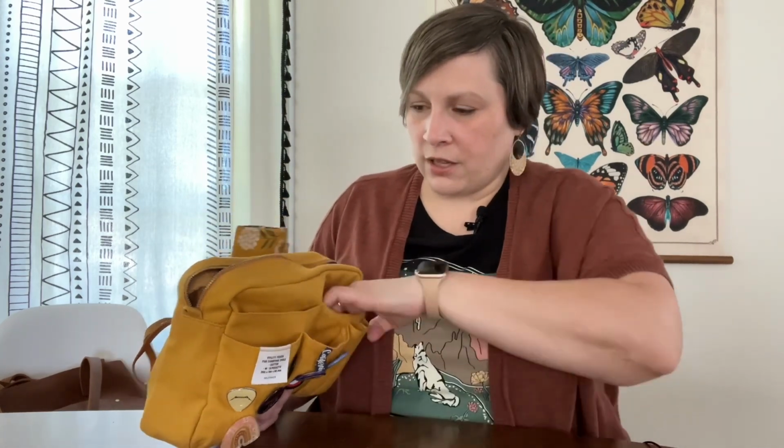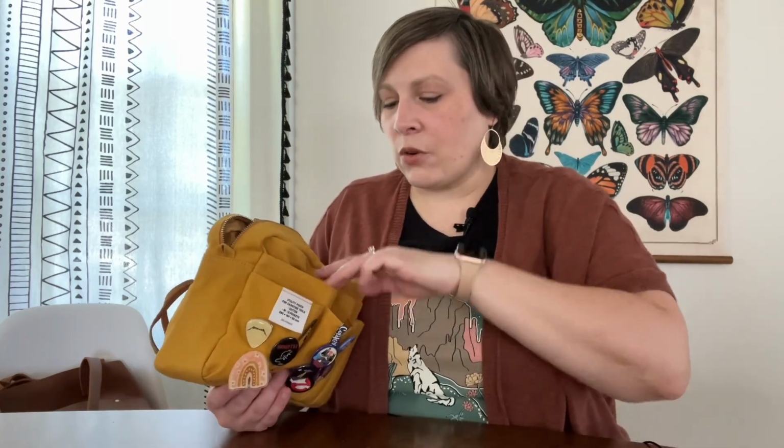And so in these pockets here, I have just some cuticle cream and a little pill case where I keep some vitamins, supplements, and a medication that I don't always take. In this one here, I have some hand cream. This is my favorite hand